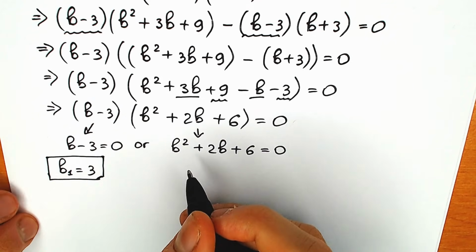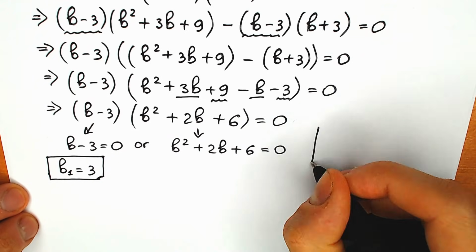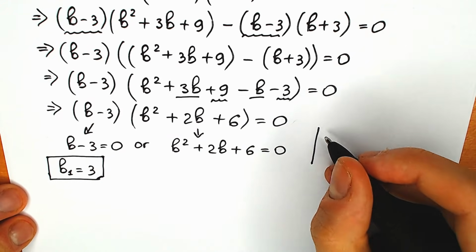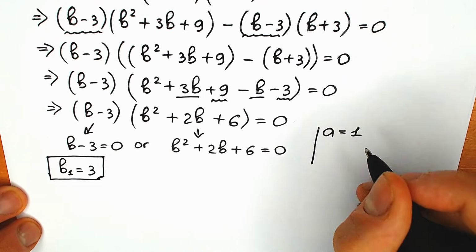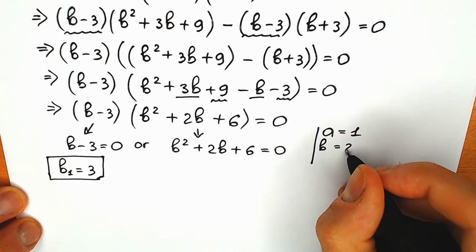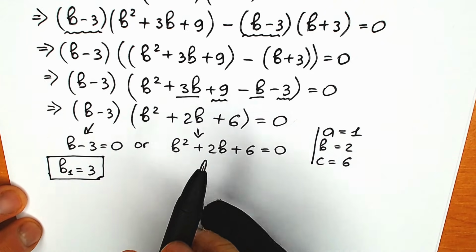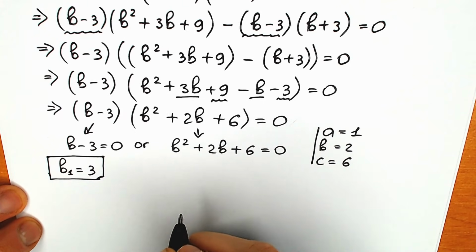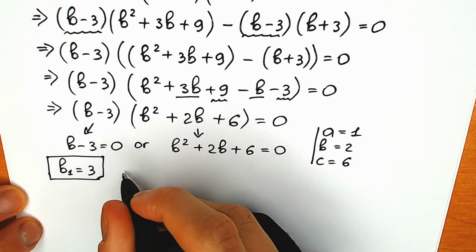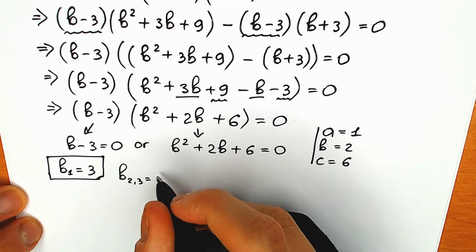What about this quadratic equation? We can also solve it with the basic method. Of course, this is up to you. How do you prefer solving this one? I'm going to choose this basic method of coefficients. So a equal to 1, b equal to 2, and c equal to 6. Okay, so right now let's solve this equation with the method with discriminant. So we have b second and b third equal to minus b, so we have minus 2,